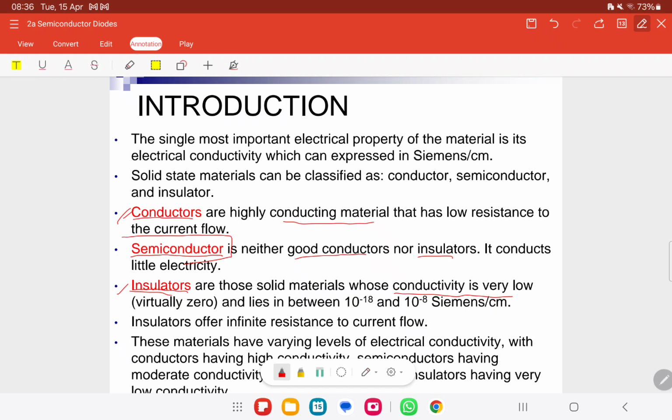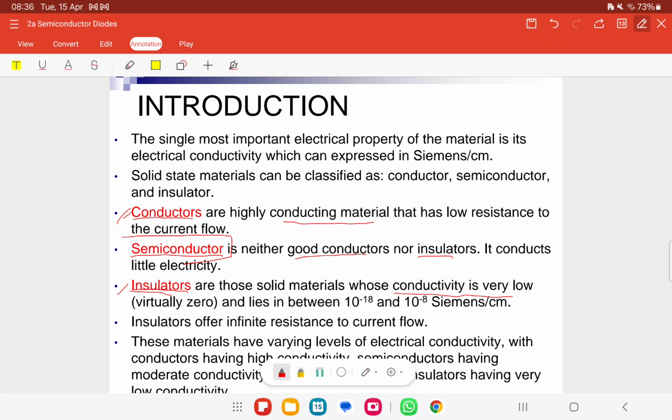Because for the conductor, dia guna metal, copper, gold ke silver, that things pun can, but then it is very expensive. Kan? Metal kan mahal sekarang kan. Besi kat tepi jalan pun orang pergi curi. Walaupun besi berkarat. Kan? Okay, so that is why for the conductor it is very expensive and the sources pun